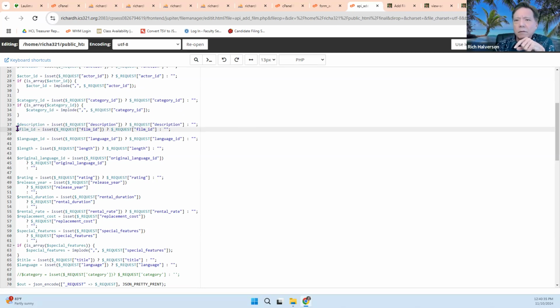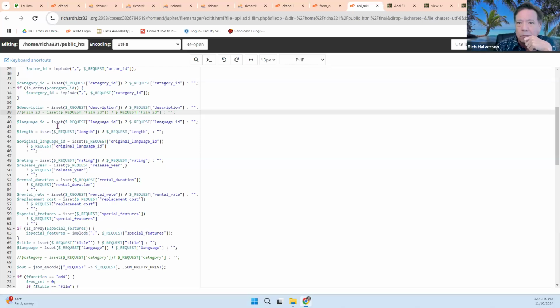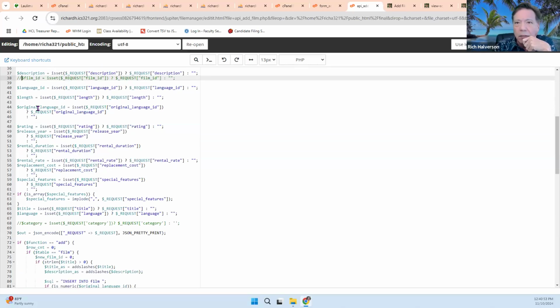So there isn't going to be a film ID that comes over, because the add function does not accept a film ID. It actually generates a film ID. So this doesn't need to be there. I'm going to comment this out to make sure that I'm right. So anyway, this all comes in and the release here, and